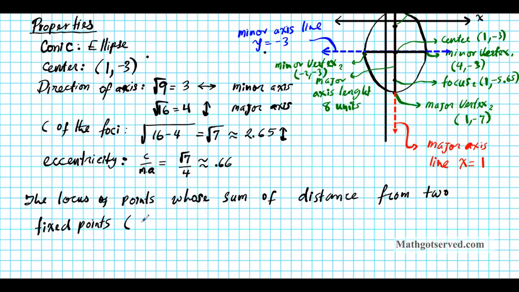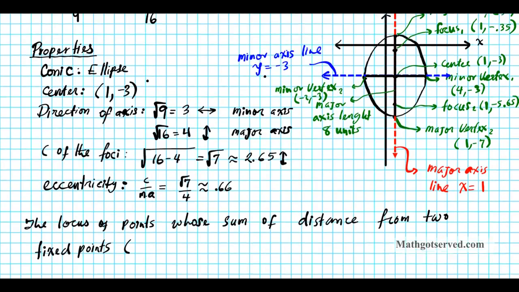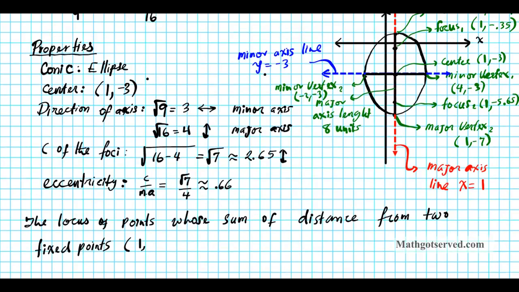Okay, so let's label them: focus 1, fixed points, 1, comma -3, -0.35, and the second focus is 1, comma -5.65. So whose sum of distance from two fixed points is constant,